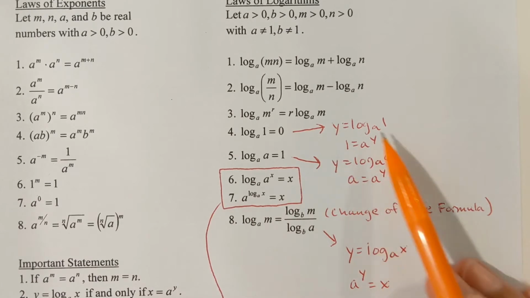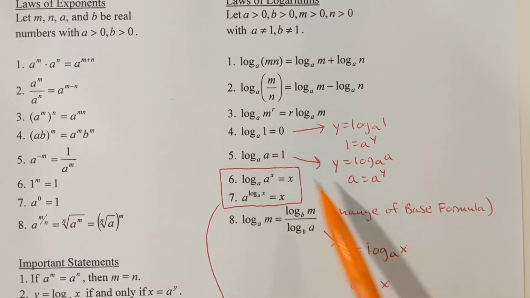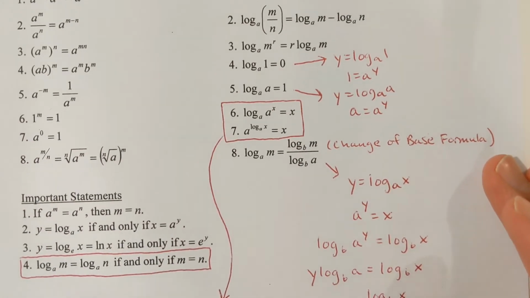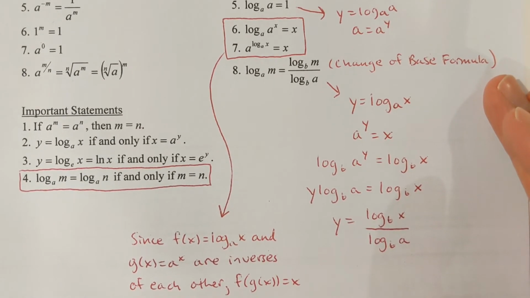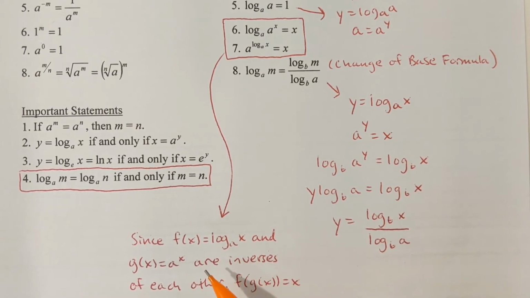Here I've got just some calculations to show why the results are what they are. You can look at that if you want. Laws 6 and 7 kind of go hand in hand because they come from just simply knowing that the 2 functions are inverses of each other. That is, an exponential and a logarithm are inverses of each other. So if you were to let f of x be equal to log base a of x and g of x be equal to a to the x,